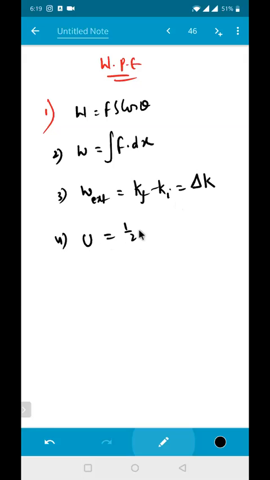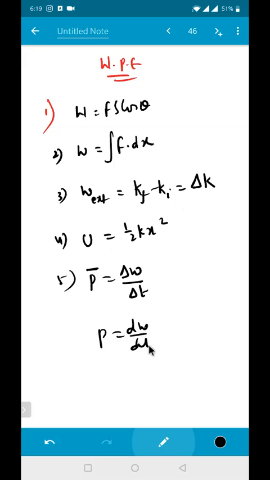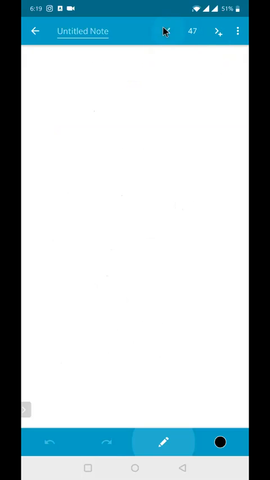Energy in the spring is half K x square. And the kinetic energy formula you know already. The power formula is equal to how much? Delta W by delta T, if I'm talking about average power. Instantaneous power P is equal to dW by dt, or that is equal to F into v. The slope of work and time will always give me what? Power. Some of the important relations you need to remember even in this one: